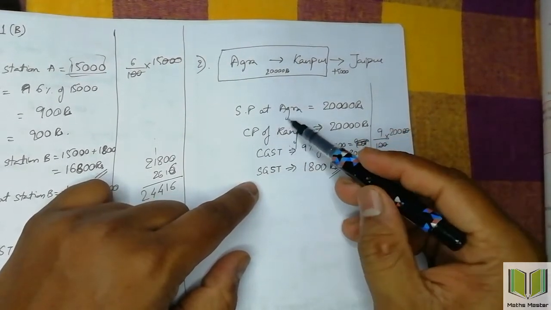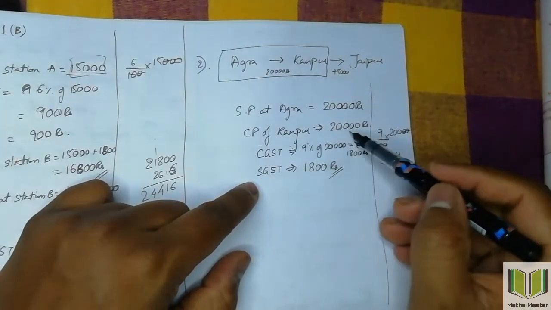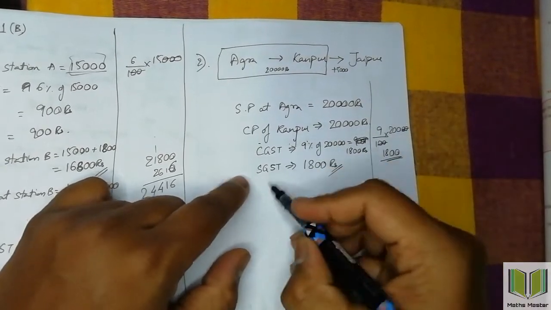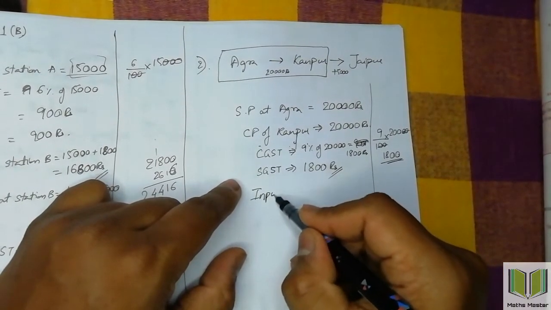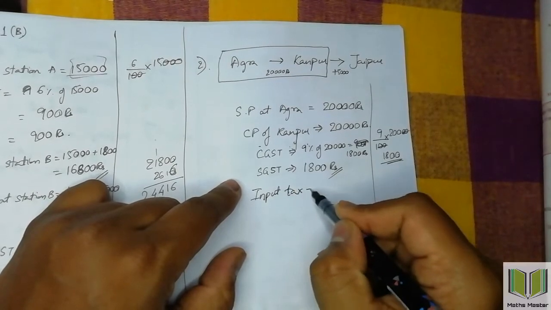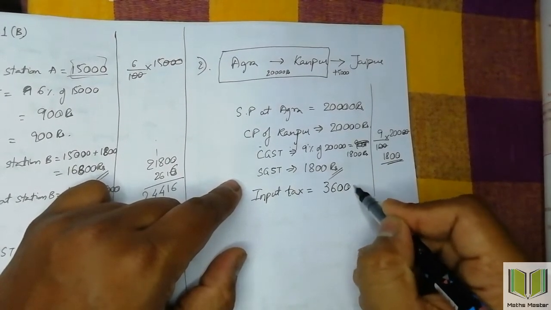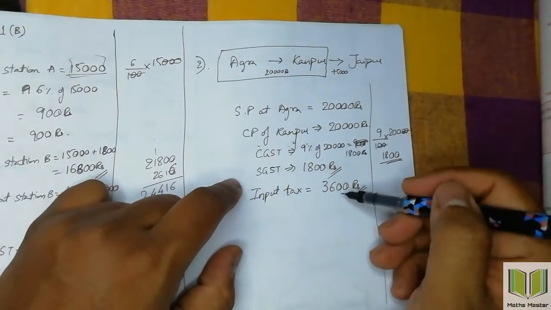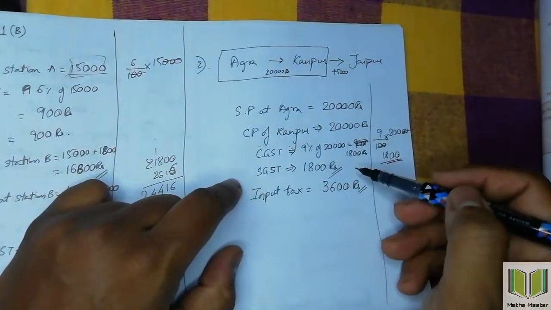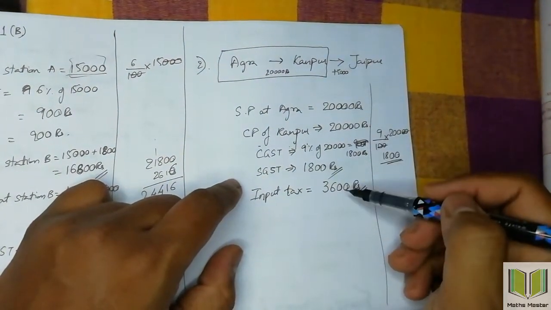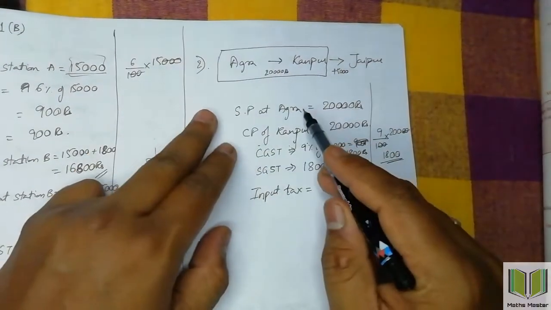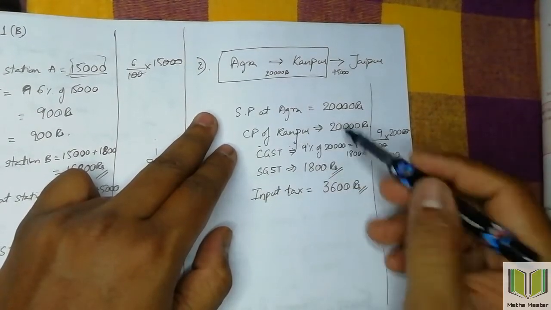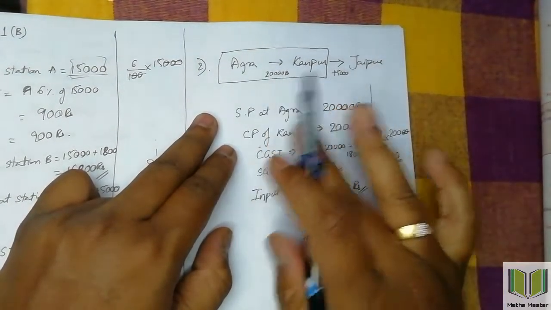Clear? See, selling price at Agra is equal to 20,000. Cost price at Kanpur is 20,000. His input tax will be equal to 1,800 plus 1,800. So input tax is equal to 3,600 rupees. So cost price at Kanpur will be equal to 20,000 plus input tax 3,600. He is paying 23,600 to the person at Agra while buying it. Okay, while buying an item, he is paying 23,600 rupees. Clear. Now,